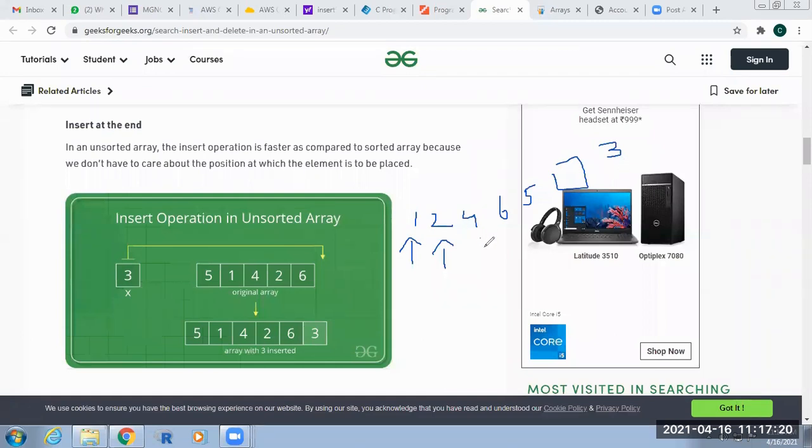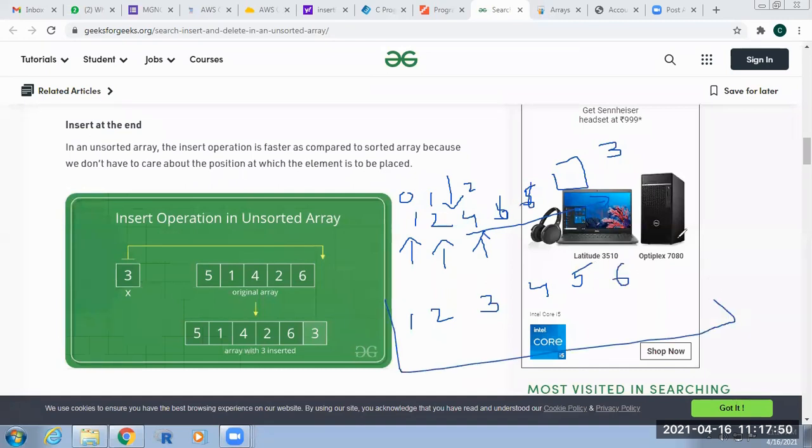Then its value is 4. 4 is compared with 3, and the condition is false. So you insert between 2 and 4, at the second position, and then you have to move the rest upward. The output for this is 1, 2, 3, 4, 5, 6.